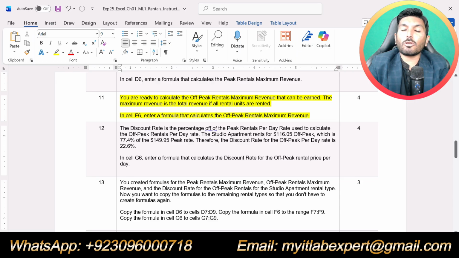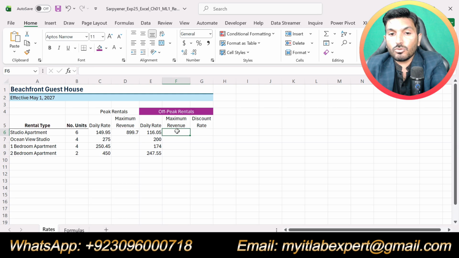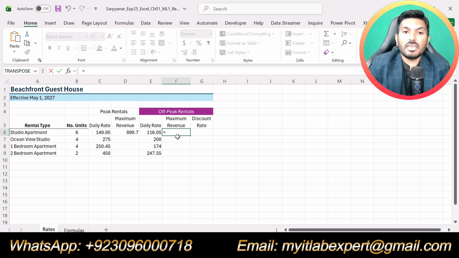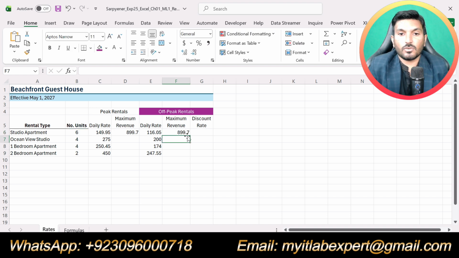You are ready to calculate the off-peak rental maximum revenue that can be earned. The maximum revenue is the total revenue if all rental units are rented. In cell F6, enter a formula that calculates the off-peak rental maximum revenue. So here we are supposed to calculate the off-peak maximum revenue that we can calculate by multiplying number of units with the daily rates. Okay,